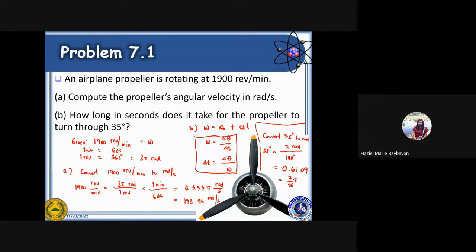Okay. Now that we have the radian form of 35 degrees, then we can calculate delta t. Okay? So delta t equals 0.6109 divided by